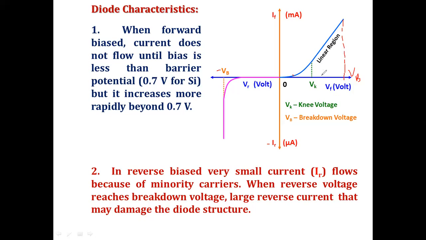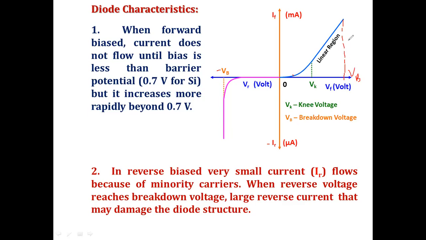Linearly means, as the voltage increases, the current also increases, right? Up to here it is not linear, not linked with voltage and current. Here the voltage is higher but the current is zero. At this point once it is conducting, from this knee point, as the voltage increases the current increases. So from this line to this line, this is the linear region we are going to consider, the conduction region.